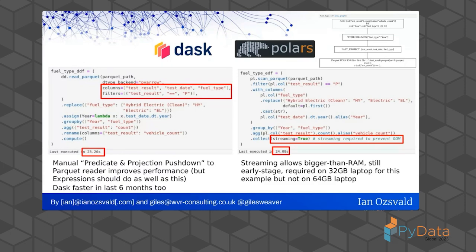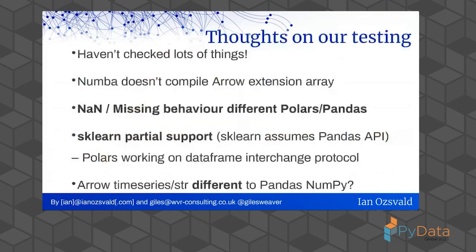It ran out of RAM. If you turn streaming equals true on, then you get kind of a batch mode running, which tries to reduce RAM pressure. And on the 32 gig machine and the 64 gig machine, the query performed just fine. So Polars should work even if you've got very large data sets with very large queries with this experimental streaming mode, which is kind of interesting.